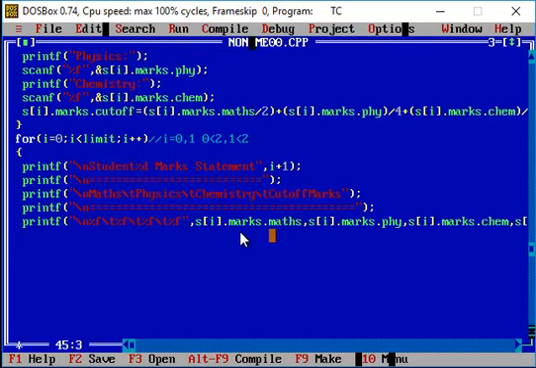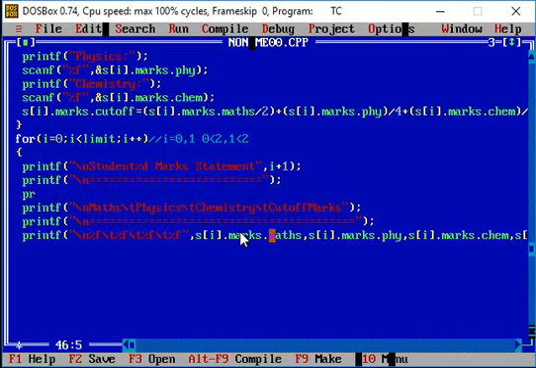Okay, so before that, what we have to do is print the details of the student. So let's say, for example, I'm using roll number percentage d \n name percentage s. So the roll number is present in s of i dot roll number, and the name is present in s of i dot name.